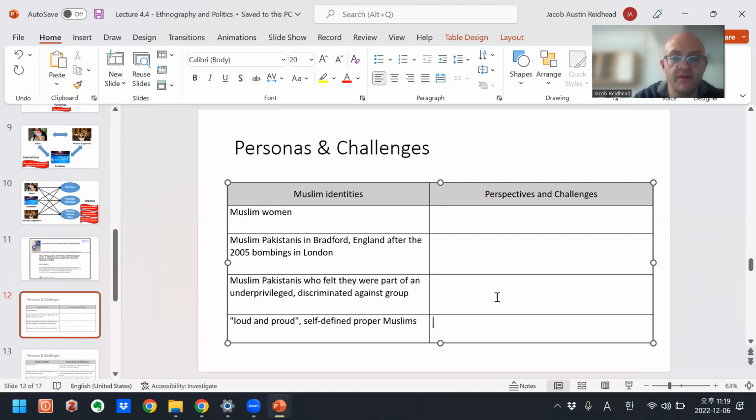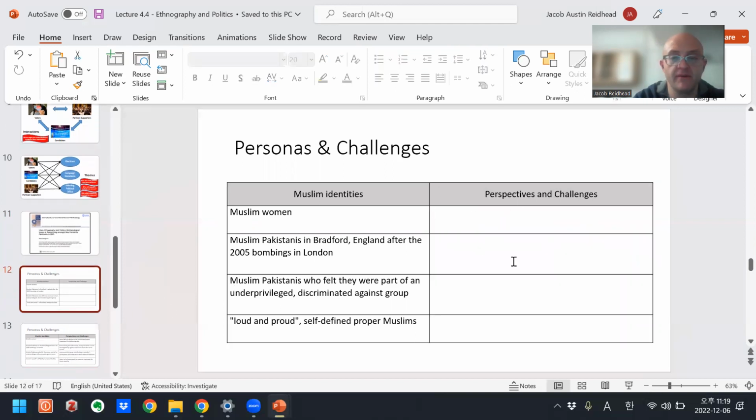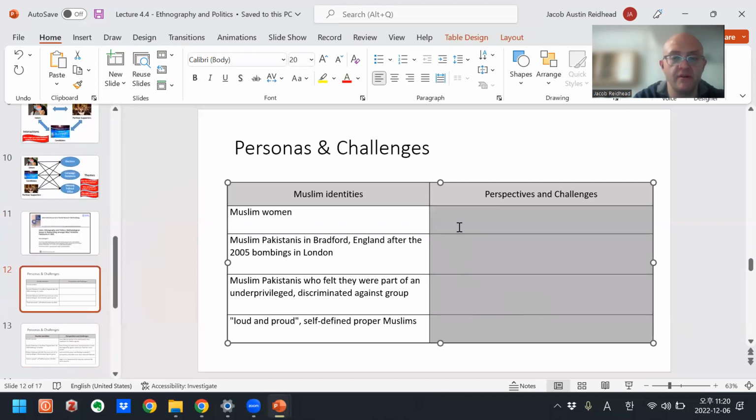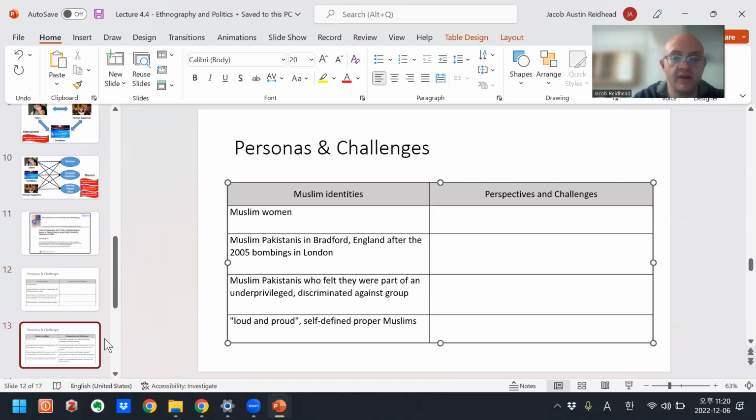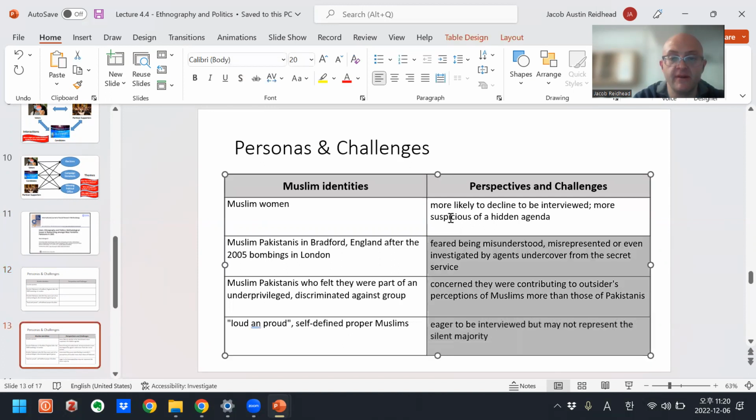So each of these groups had different perspectives about being researched, and each of their perspectives posed challenges. So we can talk about those if they recall from the article or the quiz. And I wrote these here. I guess I'll highlight these. So these are some of the perspectives and challenges.